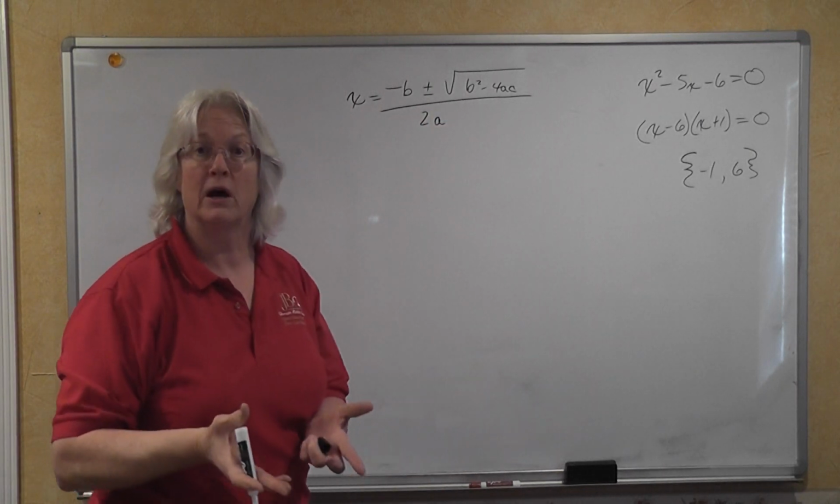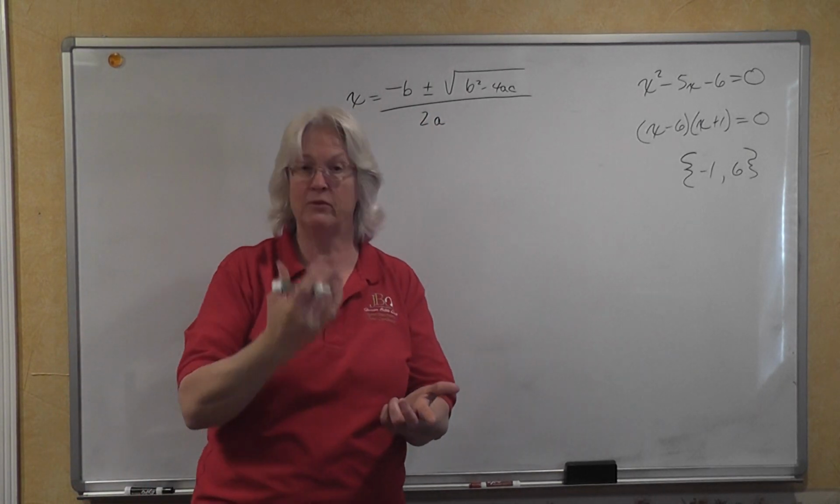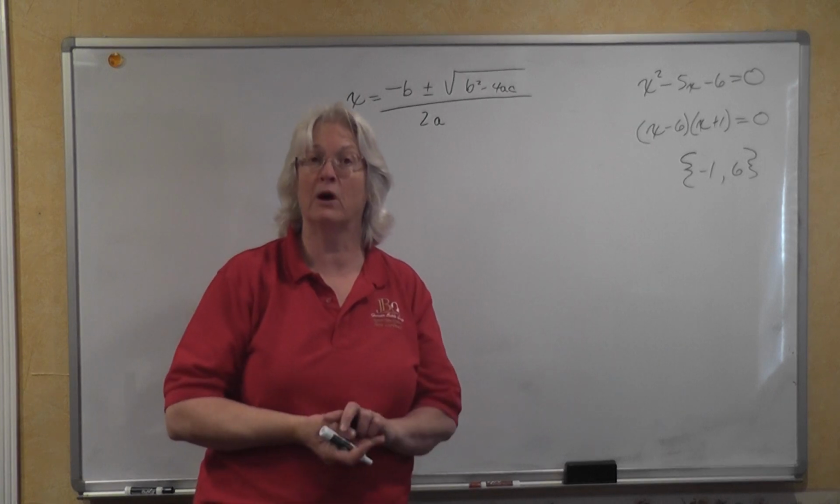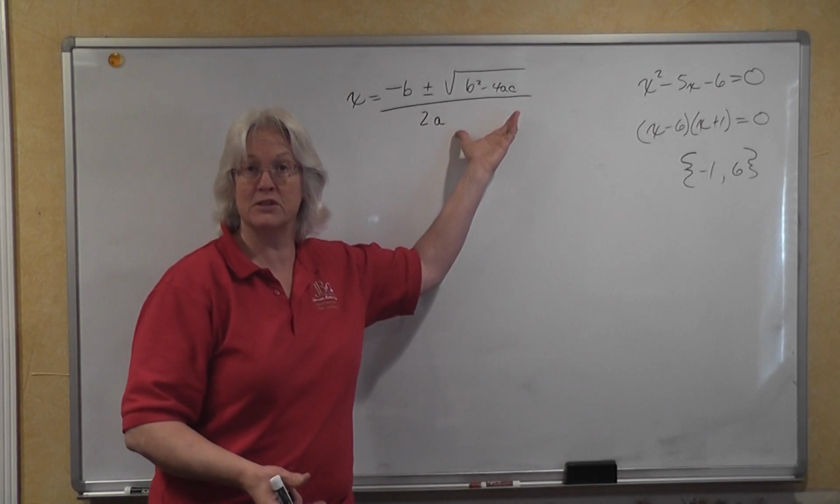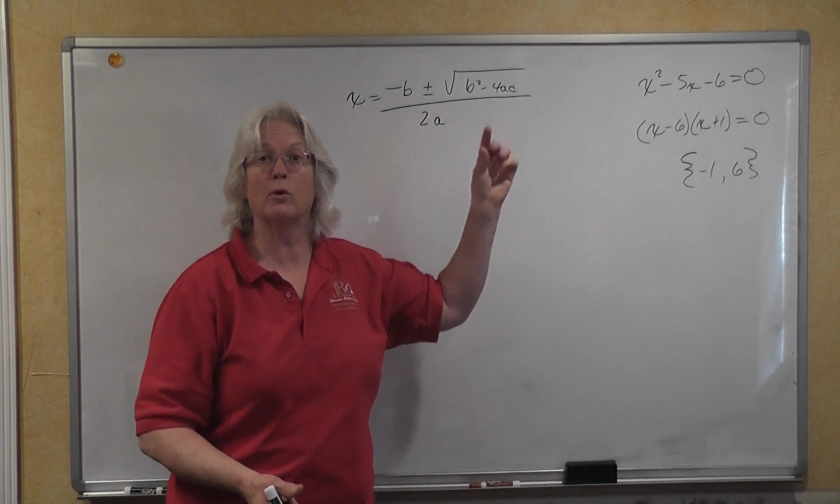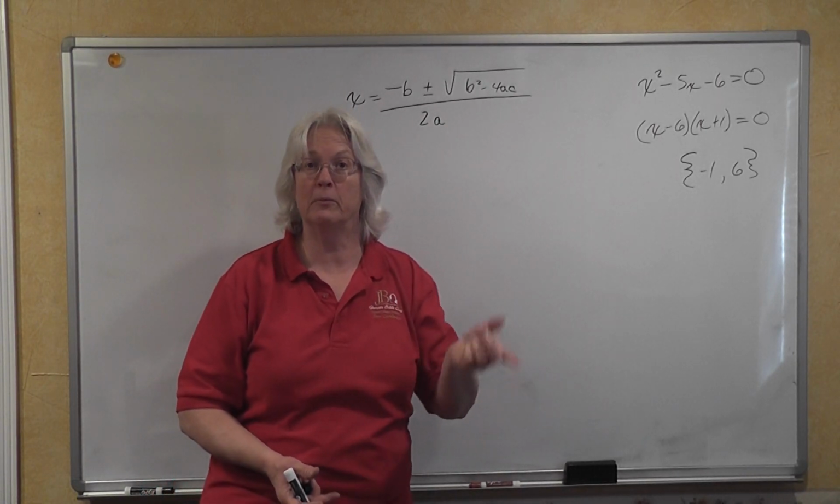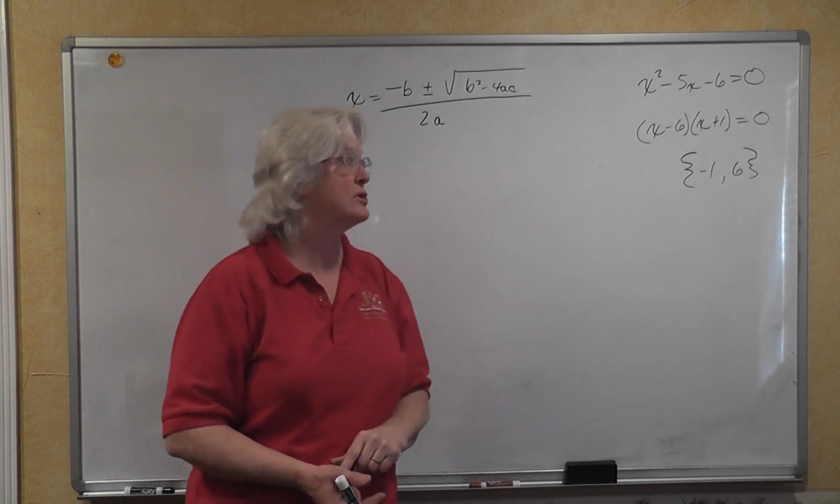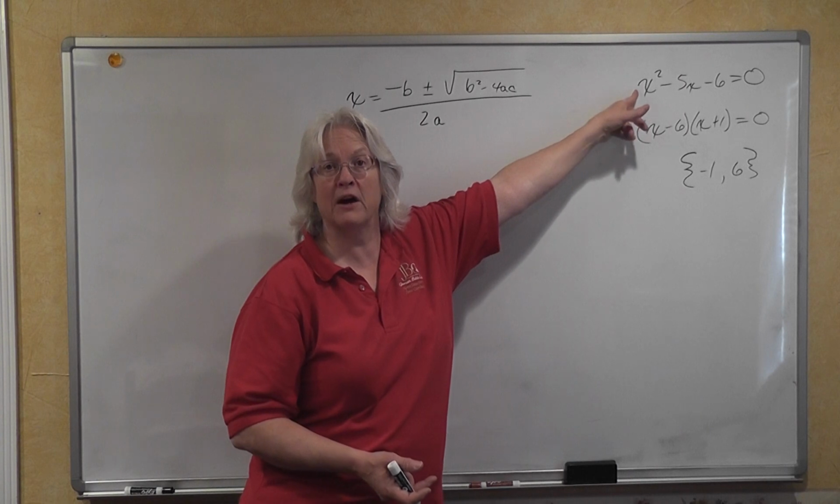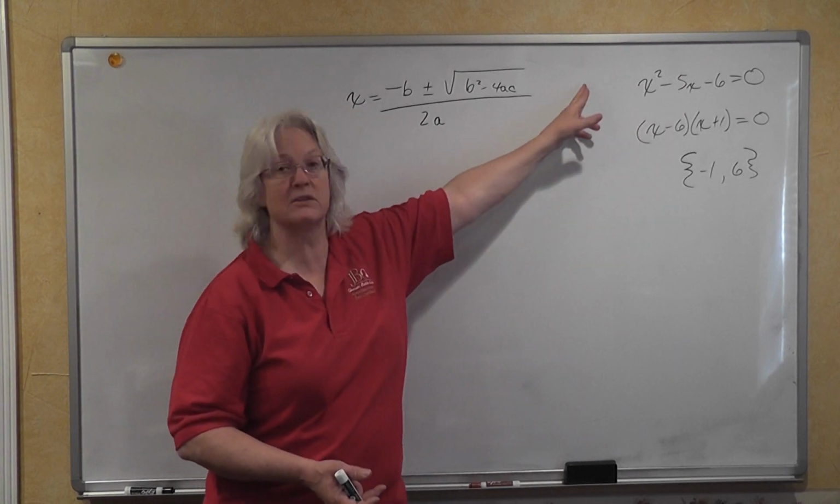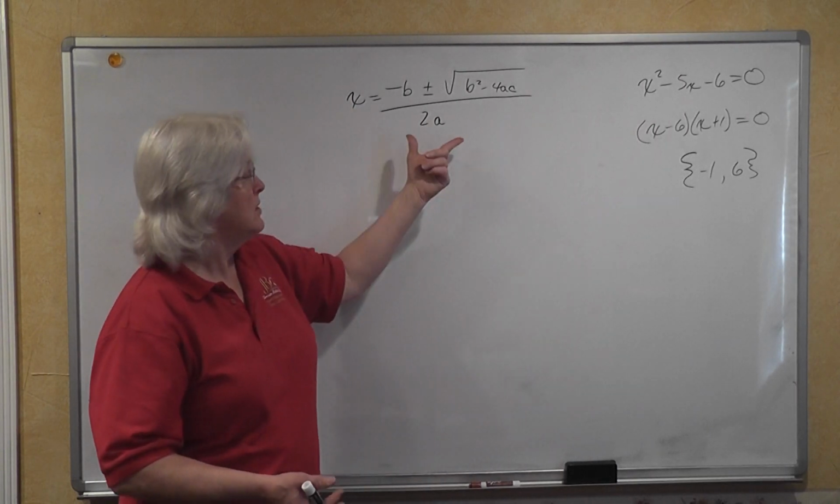You need to memorize the quadratic formula. You're not going to have your cheat sheet available. You need to memorize it. What's the best way to memorize a bunch of letters and symbols? Write that formula down every single time you do a problem, and it will become very much second nature to you. So we're going to solve x squared minus 5x minus 6 is equal to 0